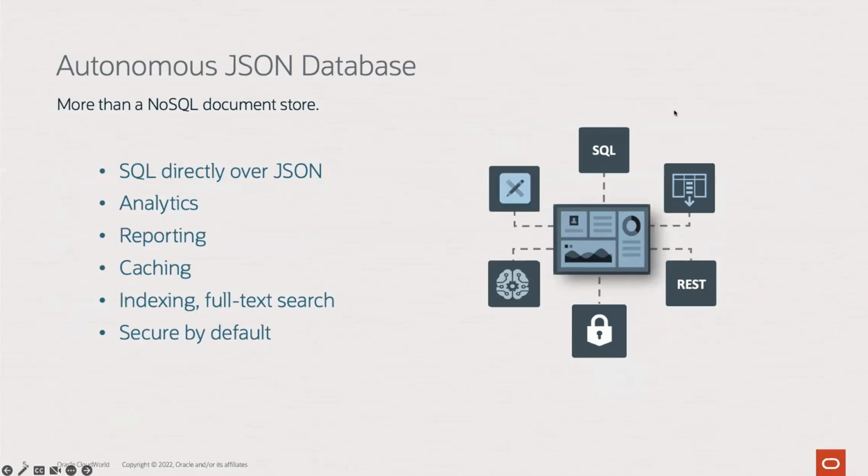Autonomous JSON Database is not only a document store like other JSON document stores, but it supports all these other aspects of data, like if you want to do some analytics over JSON. We had customers who have reports over JSON, and that is a lot easier to write in SQL. So it's a combination of inserting or updating your documents using document store APIs, but then using the same data, you want to do a report. We had an insurance company who stored all their insurance policies as JSON. But then every day they wanted to report how many of these policies have changed, for example. So it's really the full